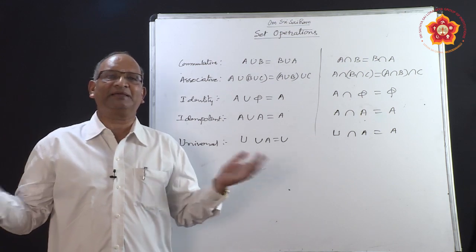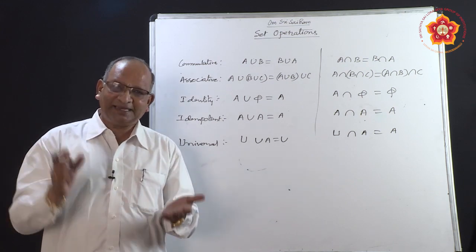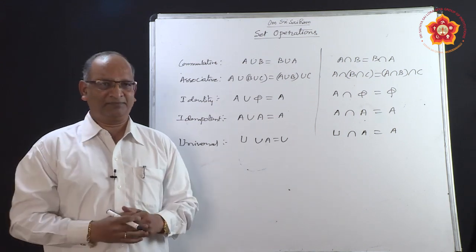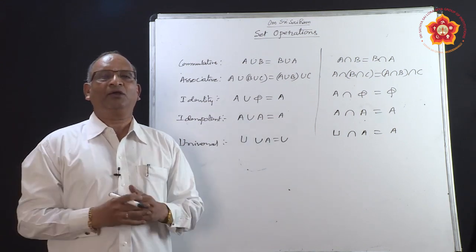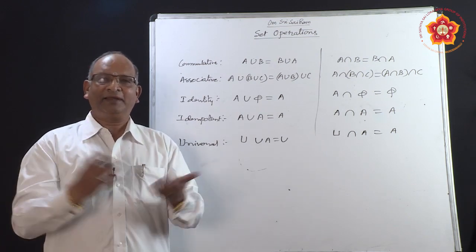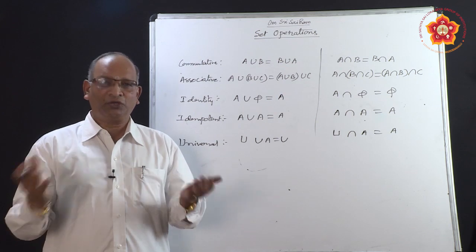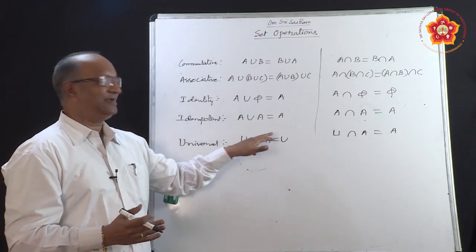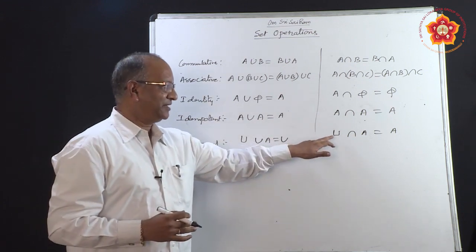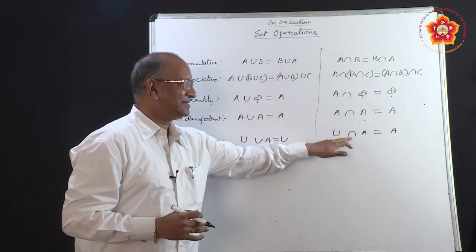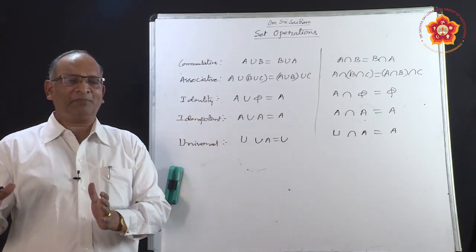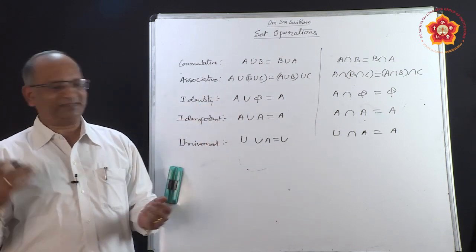Universal set means the biggest set. To that set if you add any set, it remains the same. Something like an ocean. The ocean has an infinite quantity of water. If you go and add one bucket of water to that, it remains the same. So universal set union with any set remains the universal set. Whereas in the intersection, universal set intersection A is A. In the universal set and a normal set, what is common? The normal set. So that is the law.